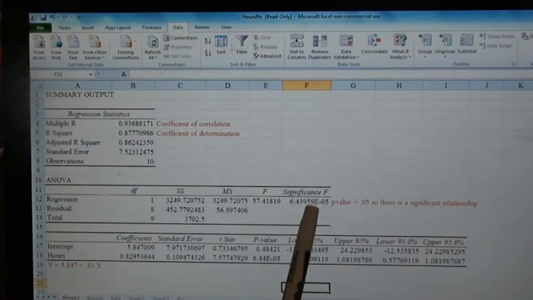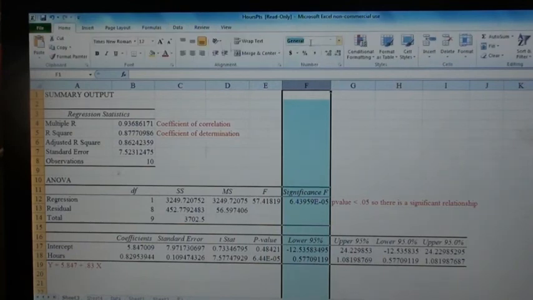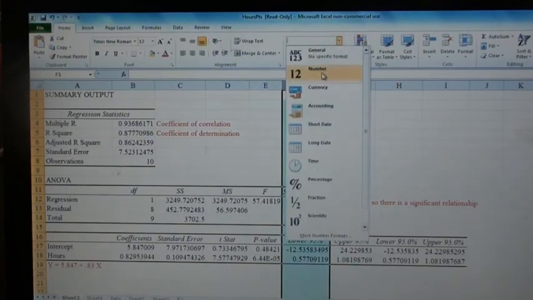But the one thing that you do want to see is the significance F, which is the same thing as a p-value. So this is a p-value. If this number is less than 0.05, then, if they're using a 5% level of significance, then there is a significant relationship. And you can see this e to the negative 5, if you're not familiar with that. That means just move your decimal place 5 places to the left. If I was to reformat this cell here so that it had to show me what that actual number was,